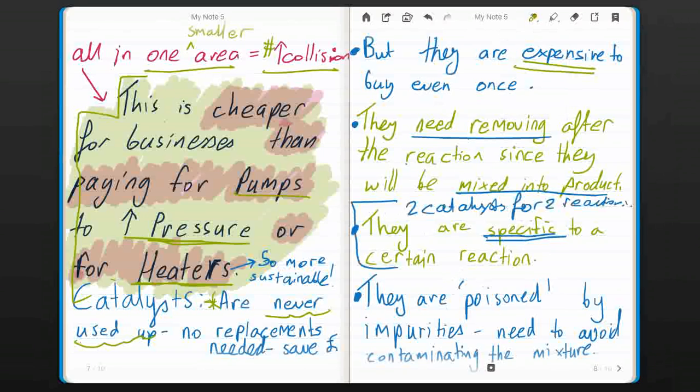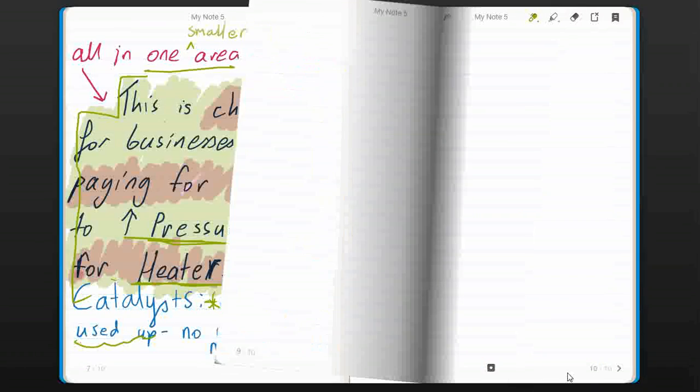So catalysts can also be poisoned, which means they will react well with the reactants they're supposed to react with, but if you put anything else in there, then they will get poisoned by that impurity. And impurities are just anything that shouldn't be reacting on the surface of the catalyst. So they might not be poisons that we think of, but they might just be any atom that isn't supposed to react with it. Okay,